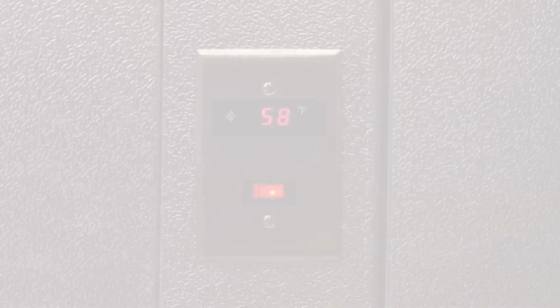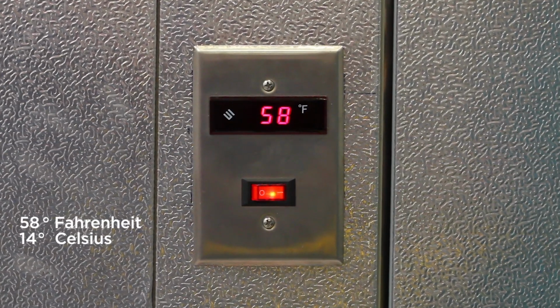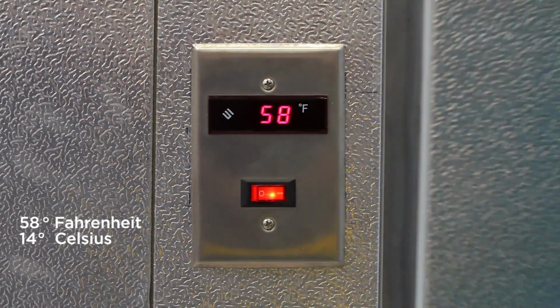Low contact films are a popular choice because of their ease of application in warmer temperatures. But what's the best way to install them in cooler temperatures? In order to simulate a low temperature application, we set the temperature in our cold room to 58 degrees Fahrenheit